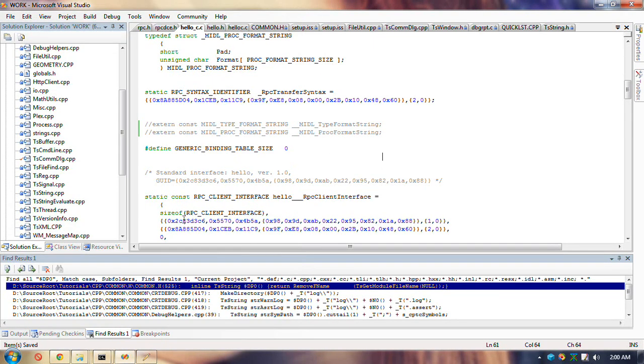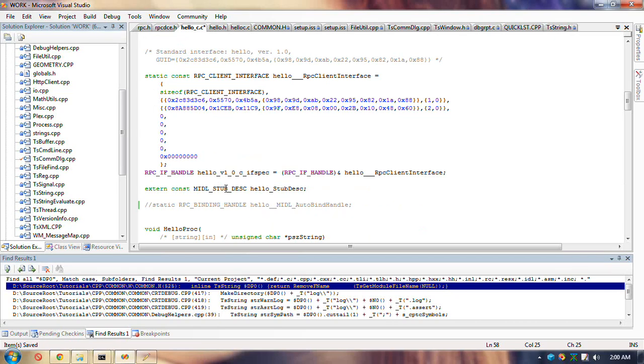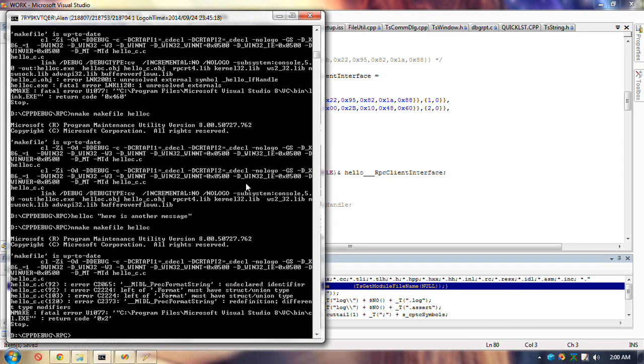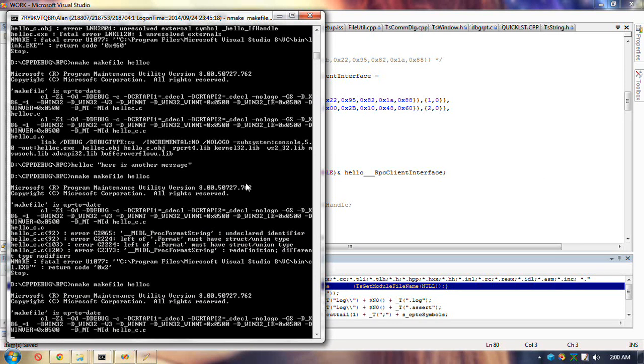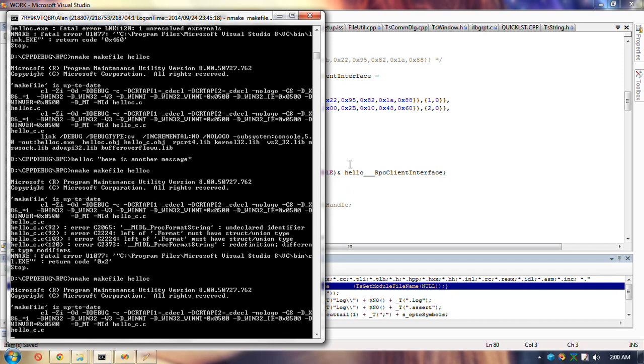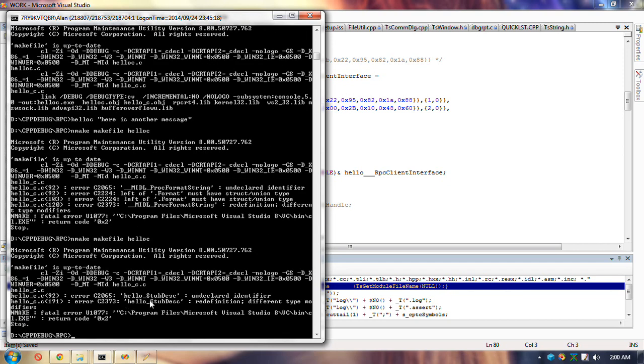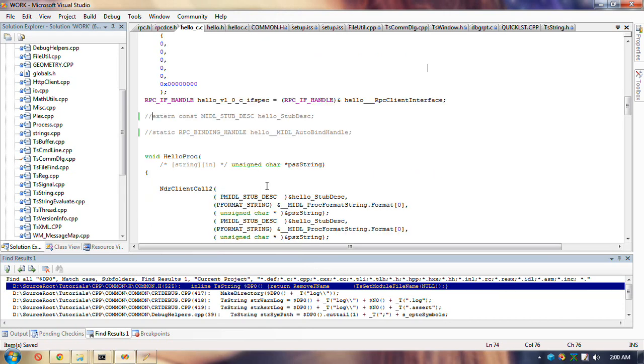Undeclared. Maybe that's not the one. Where's the other extern? Here. Hello stub desk undeclared identifier.